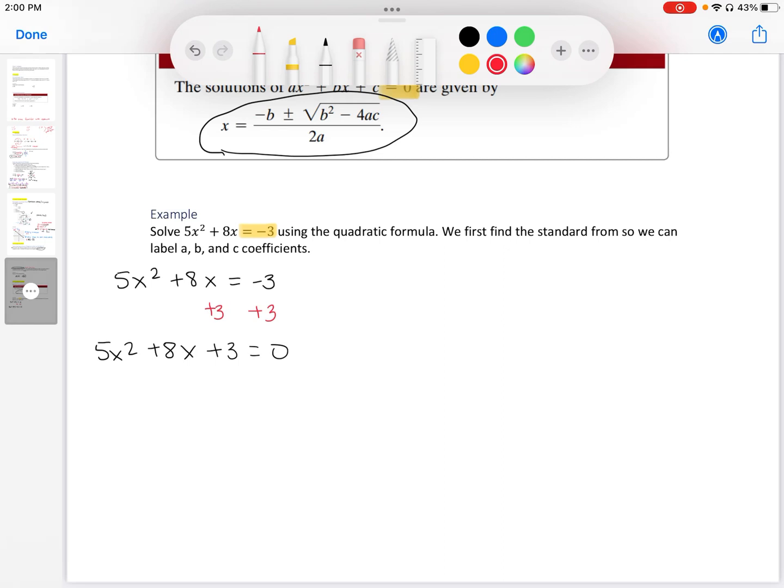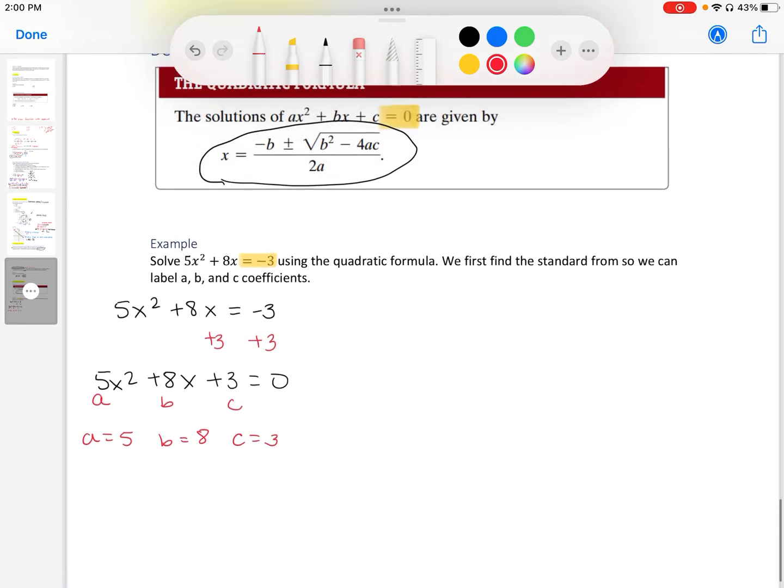Now let's label our values, a, b, and c. Our a is always the number in front of the x squared, our b is always the number in front of the x, and our c is our number without a letter. So a is equal to 5, b is equal to 8, and c is equal to 3. Now let's go ahead and substitute those a, b, and c's into our formula. So that we have x is equal to,